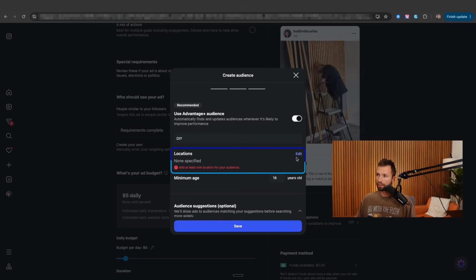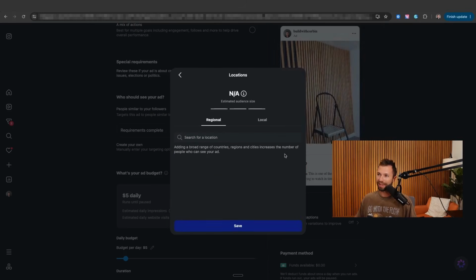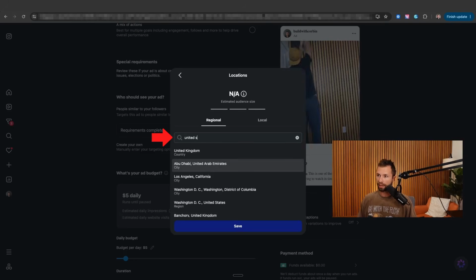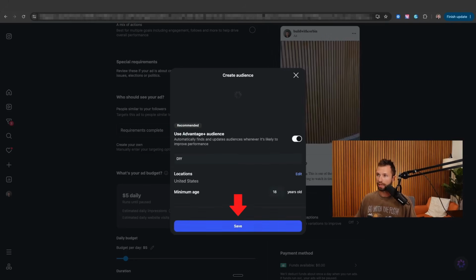Oh, and we did not choose a location. That is important. You will want to make sure that you hit edit here and then grab a location. For us, we are going to be targeting the United States. So we're going to type that in right here and target United States and hit save, and then we can save that